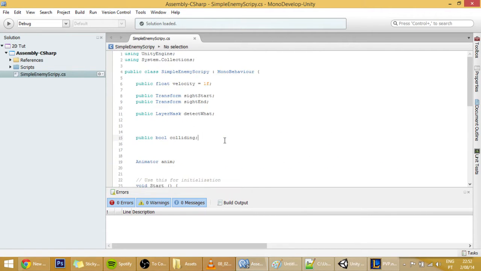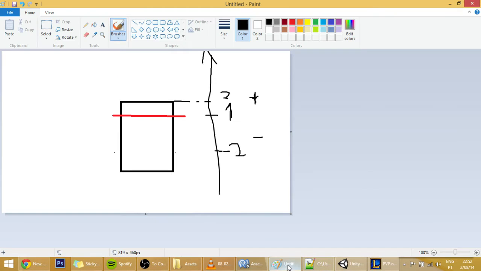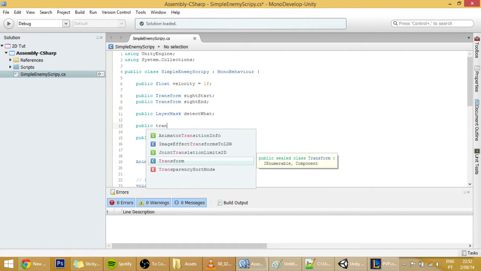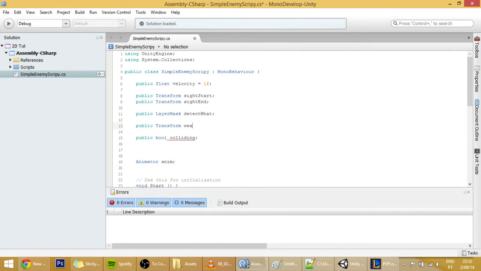Okay, so in the enemy script we're going to define that height where our enemy becomes vulnerable, and to do it we're going to create a public Transform called weakness.